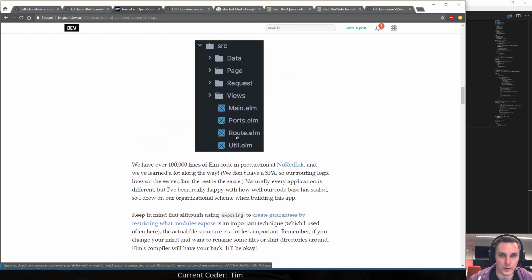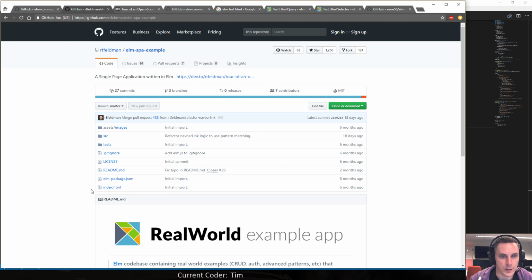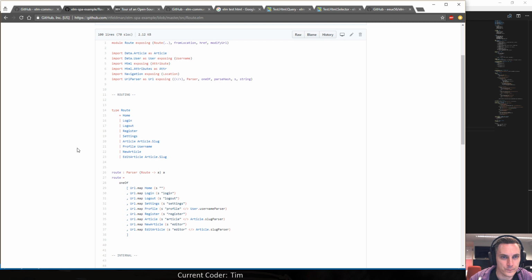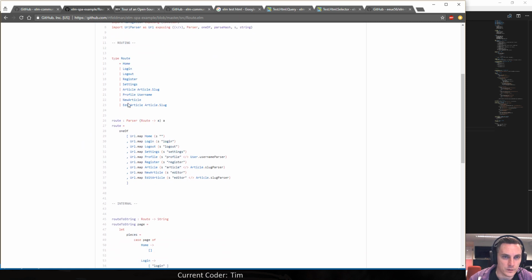He does have the one file that contains the route as well. So if we start looking at this thing, there is really easy to read logic on where paths should go.